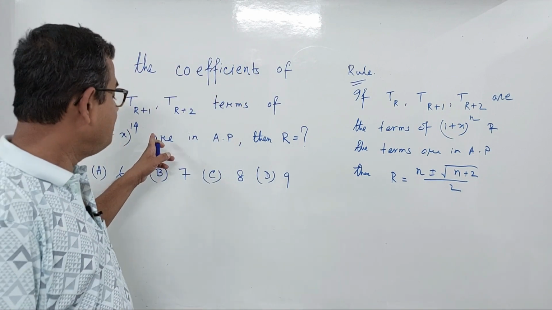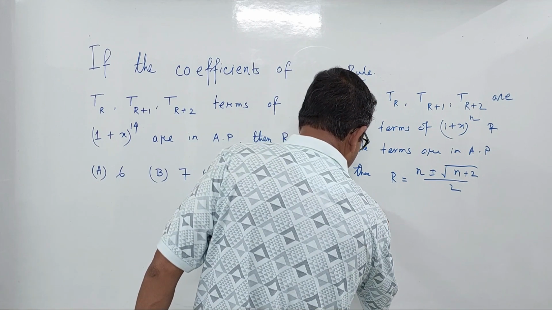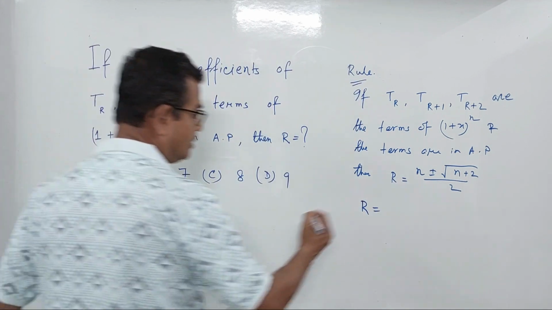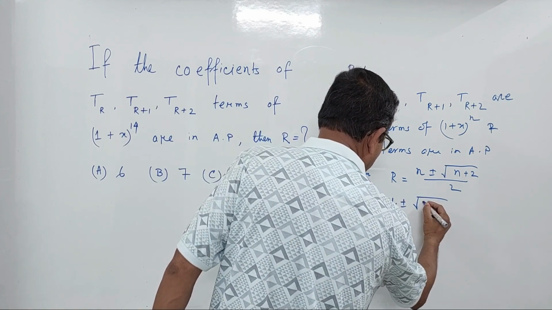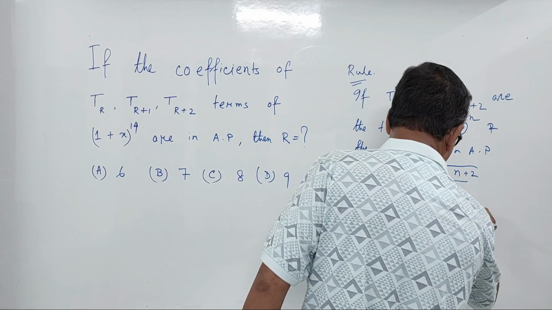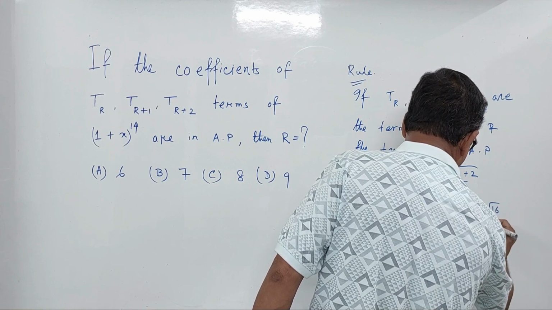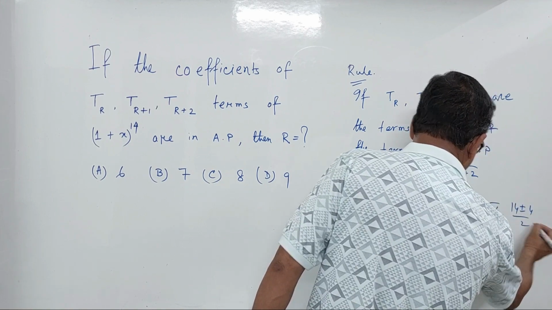Now comparing with this, we can write r equal to n, that means 14. 14 plus minus root of 14 plus 2, by 2, that is 14 plus minus root of 16 by 2, that means 14 plus minus 4 by 2,